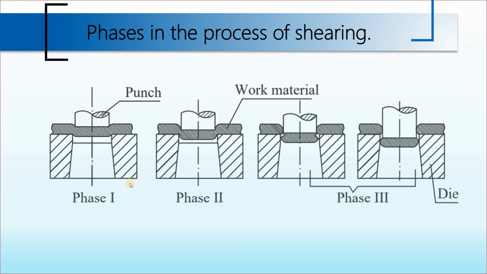So let us see about the three-phase mechanism in shearing operations, or we can say the phases in process shearing. These are the three phases: phase 1, phase 2 and phase 3. In this, the sheet is cut out by the force applied through the punch and the final shear. In phase 1, a slight deformation takes place, up to the elastic limit. Which means if we revert the punch back, the deformed shape will restore to its original position. That's why we also call this the elastic phase.